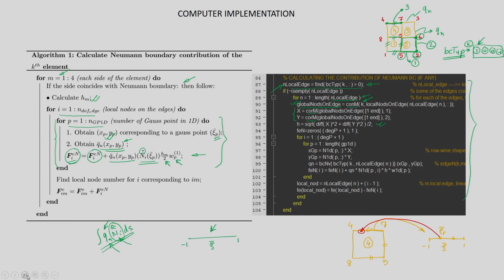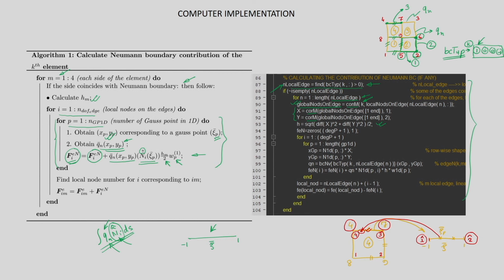Now we need to note that this fourth node is a global number, and this seventh node is a global number, but the associated local nodes are 1, 2, 3 and 4. So this third edge, which has local nodes 3 and 4, has been mapped to 1 hat, 2 hat. These are the local nodes of the master element. Local node 3 corresponds to local node 2 hat, and local node 4 corresponds to local node 1 hat.